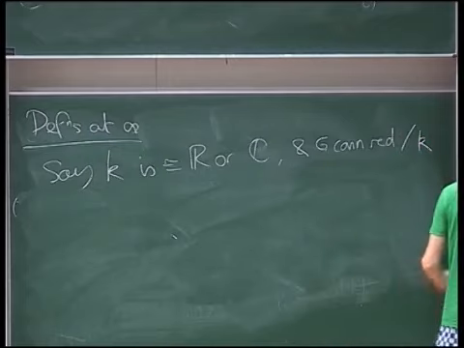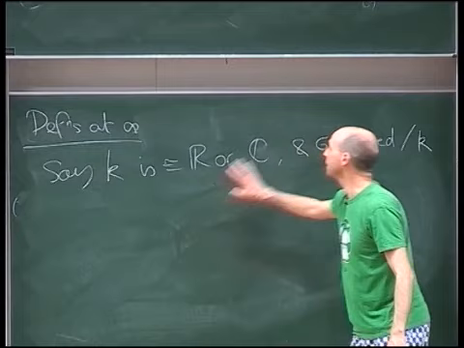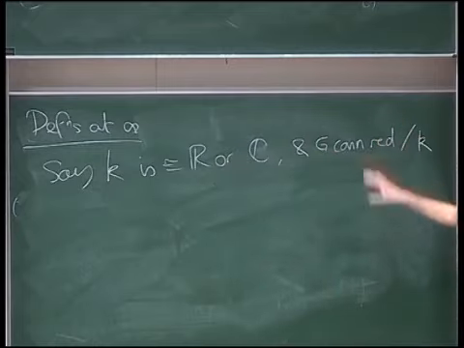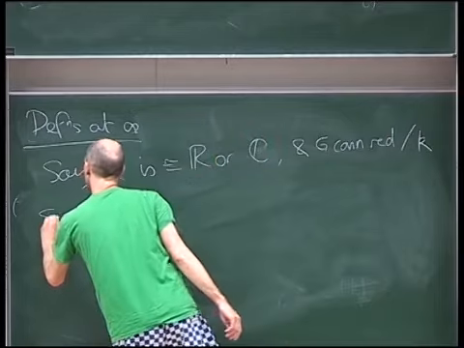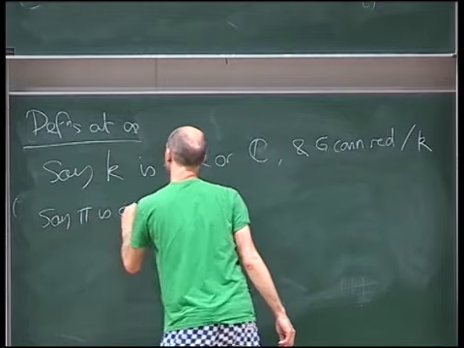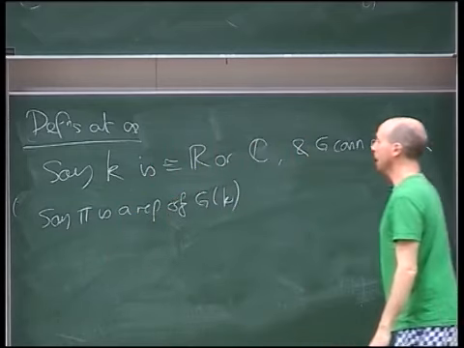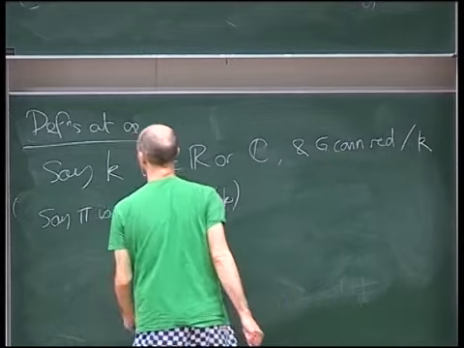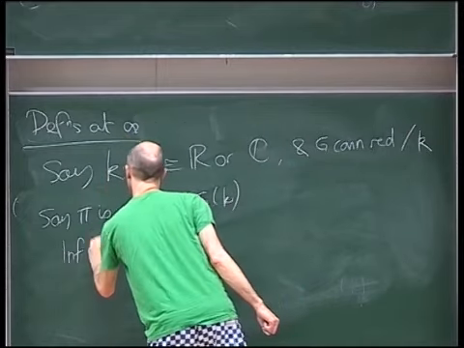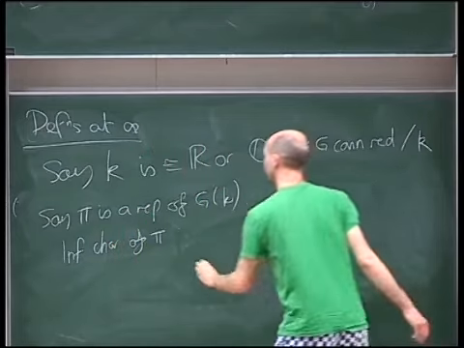Because now you see, I've been very vague about what the good notion of arithmetic is, but now I want to tell you what our notions of algebraic are. So now I don't know anything about representations of Lie groups, but I've got to bite the bullet and find out. Let's say pi is a representation of G(K). Well, what data can we attach to pi? So attached to pi, I mean the infinitesimal character of pi, when unraveled,